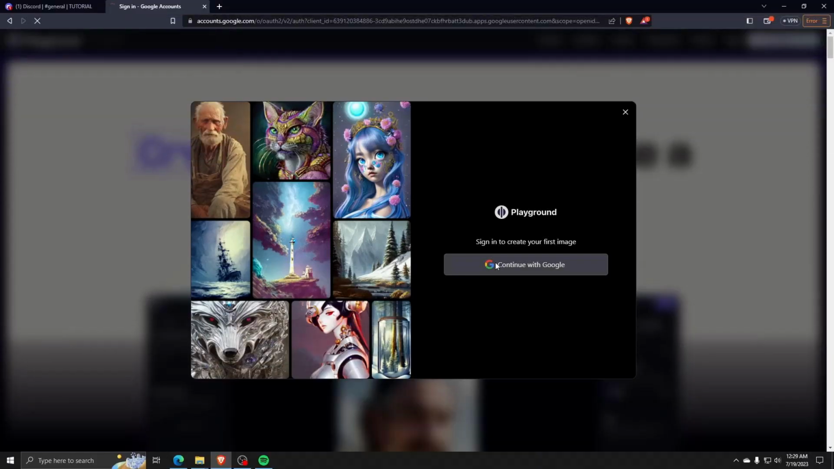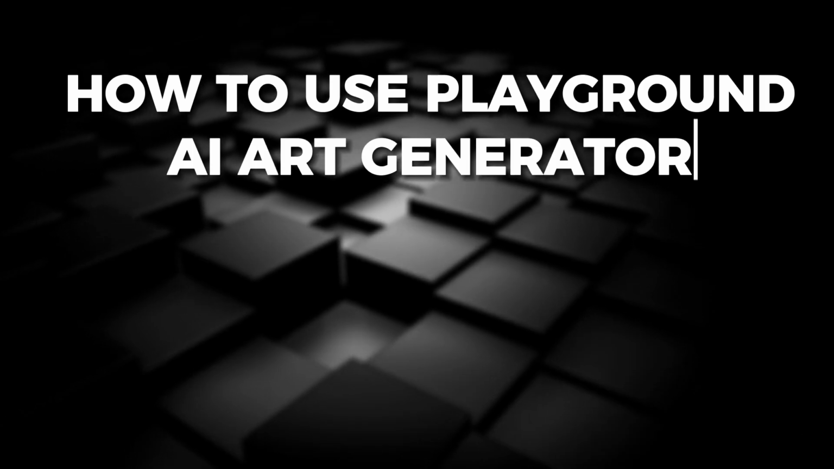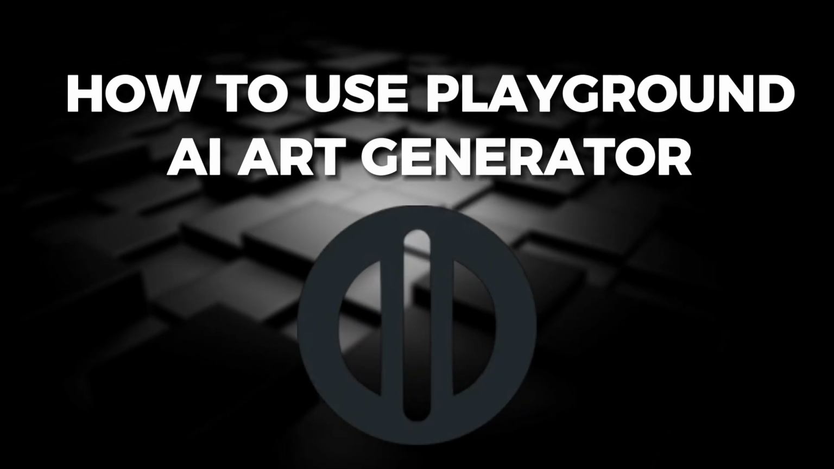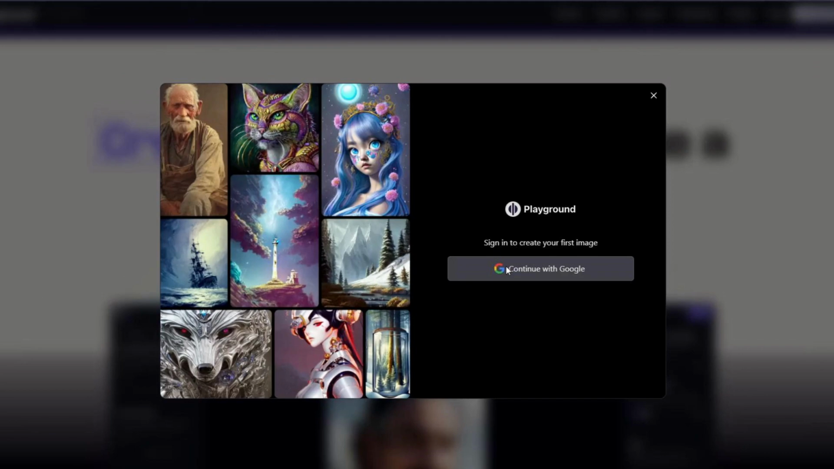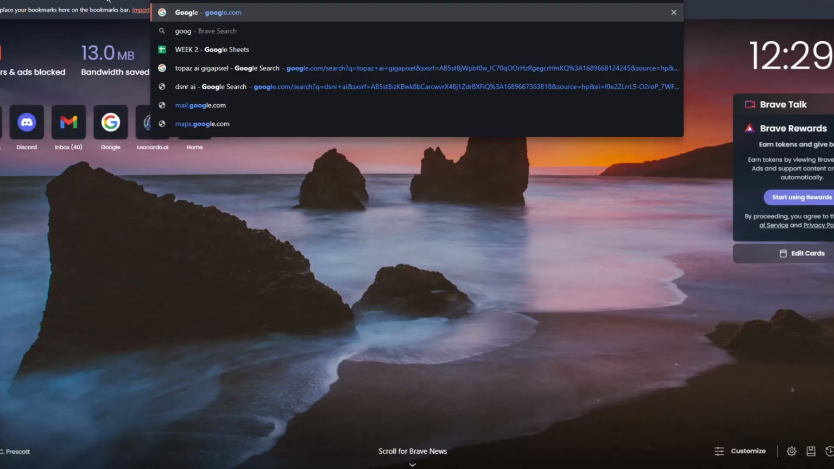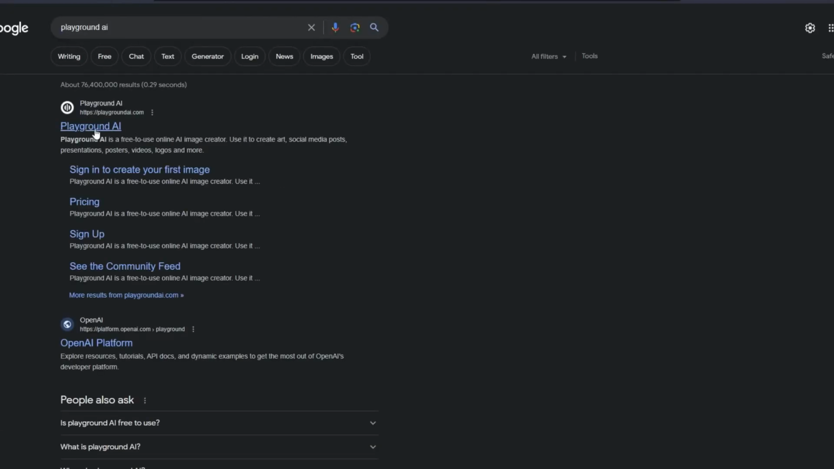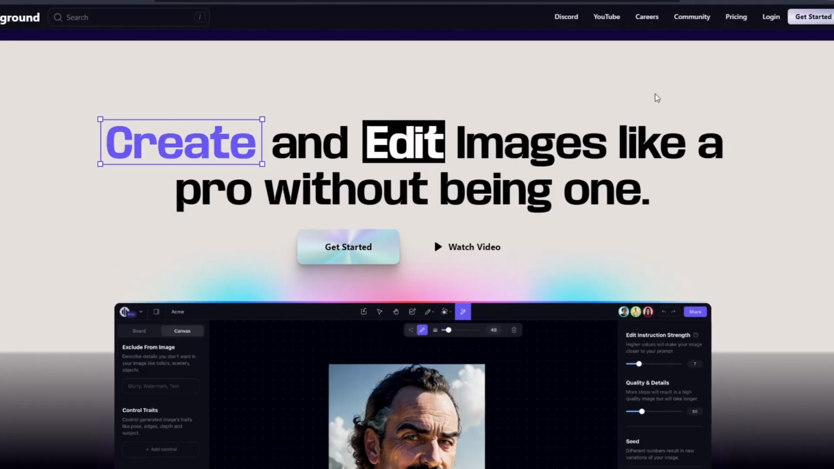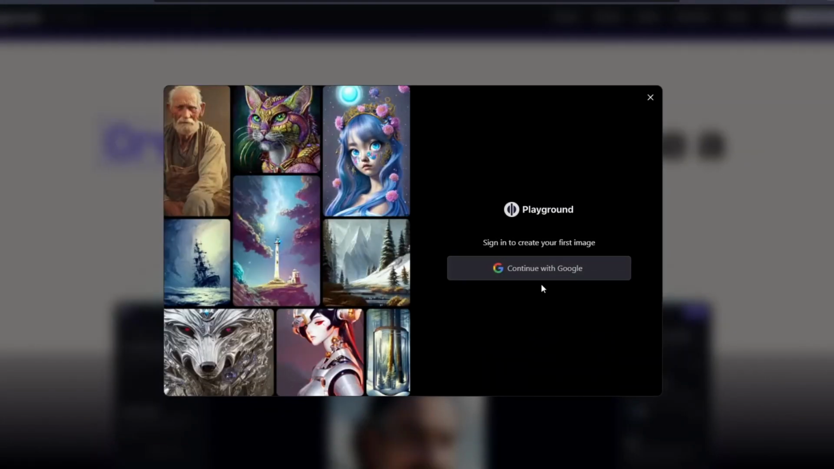And for today, I'm going to show you how you can use the Playground AI image generation tool. So the first thing you want to do is go to the Playground AI website and log in with your Google account. Once you've logged in with your preferred Google account, you'll be brought to the image editor of Playground